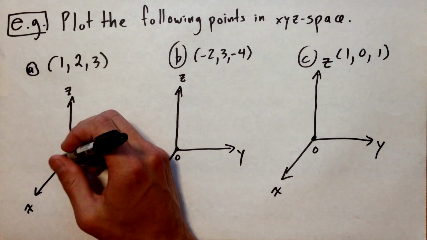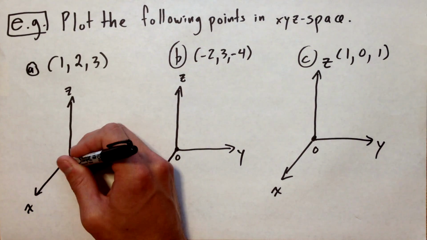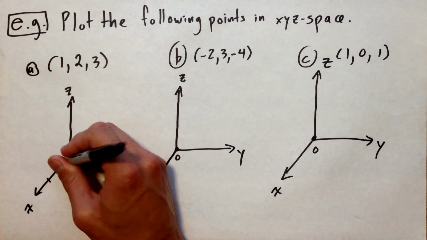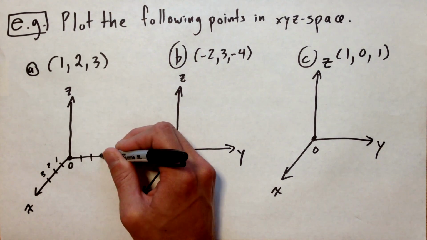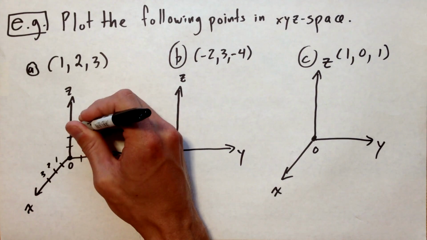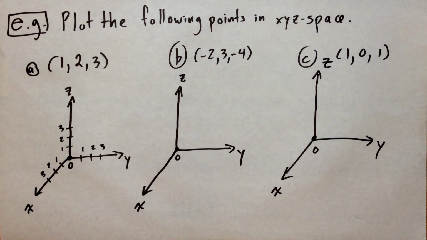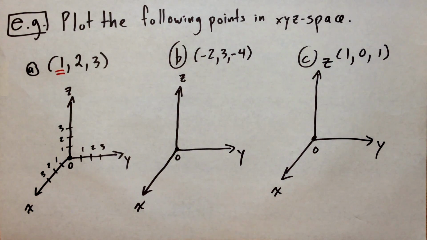So let's see. In the X direction, I'll draw them like this: 1, 2, 3. Okay, so there's 1, 2, 3. In the Y direction, 1, 2, 3. In the Z direction, 1, 2, 3. There we go. Okay. So now I am going to go out 1 along the x-axis because 1 is my